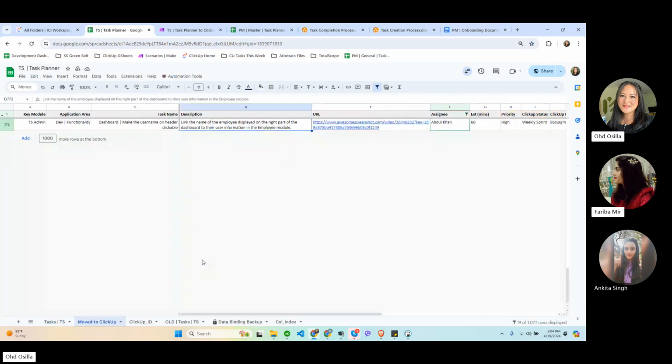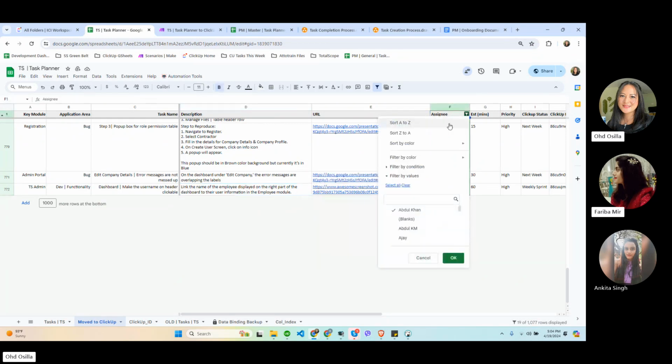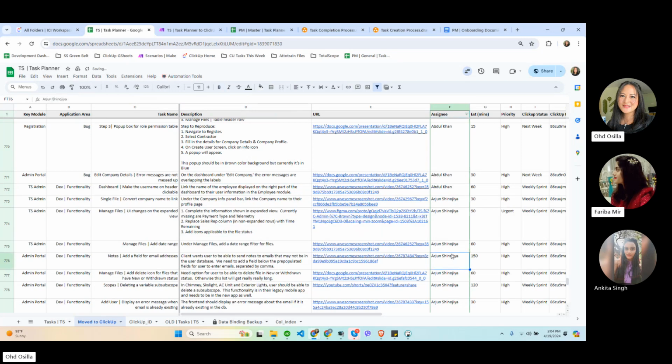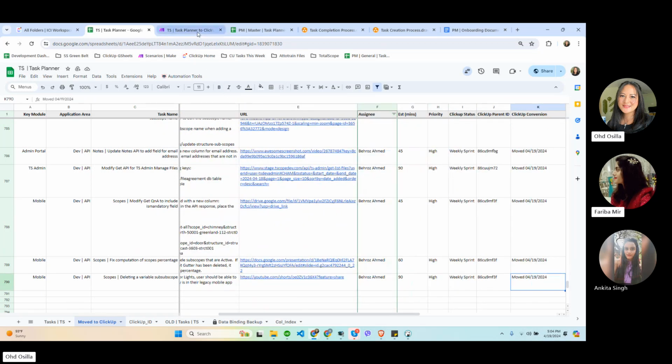And this tab is where the Make automation picks up the task and adds it to ClickUp.